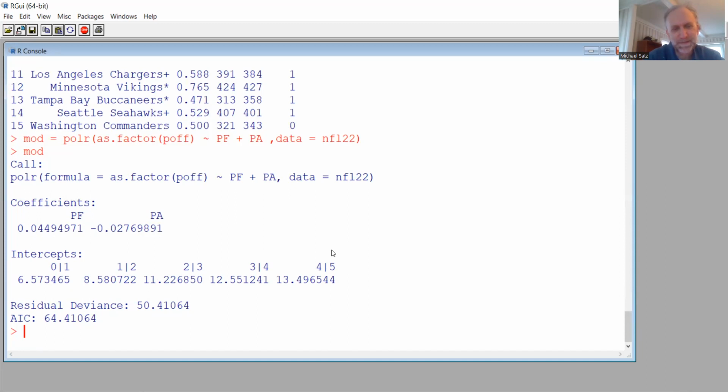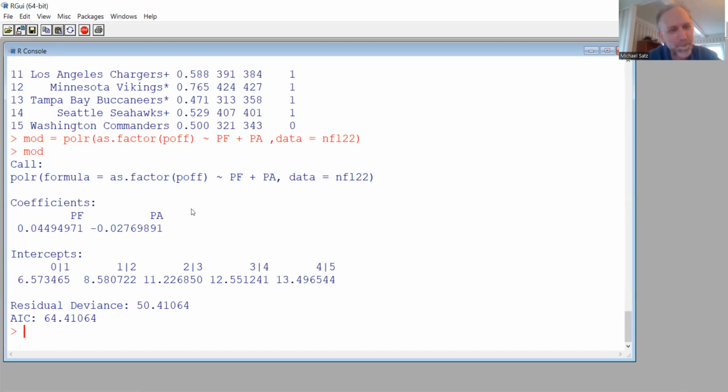If you remember, what this does is it gives you an exponent that is linear in the offensive points and defensive points. It says, give me a plane that will approximate the data after I transform it.